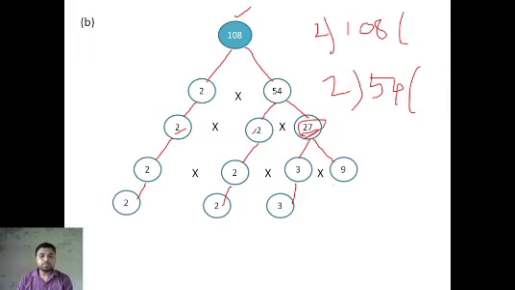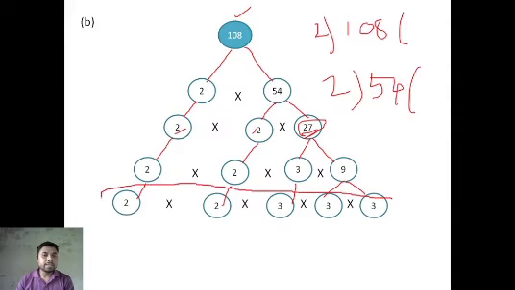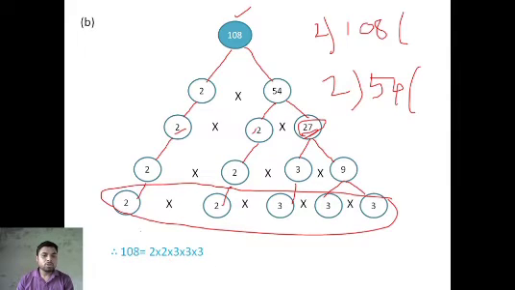Now 9. Which two numbers multiply to give 9? 3 and 3. 3 threes are 9. Now give the multiplication sign. Now 2 prime, 2 prime, 3 prime, 3 prime, 3 prime, all are prime numbers. I have told you that if you get all prime numbers, that step will be the last step. Is it clear? So what will be the prime factorization? 108 is equal to 2 into 2 into 3 into 3 into 3. This is called the prime factorization. Is it clear, my dear student?